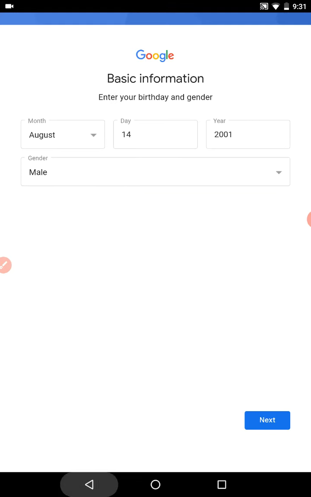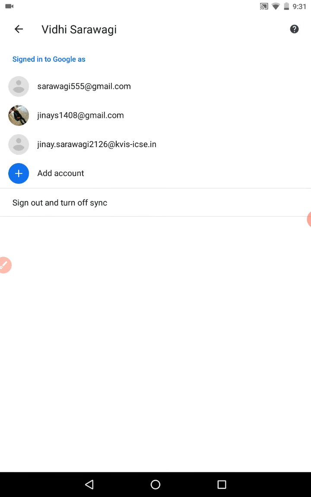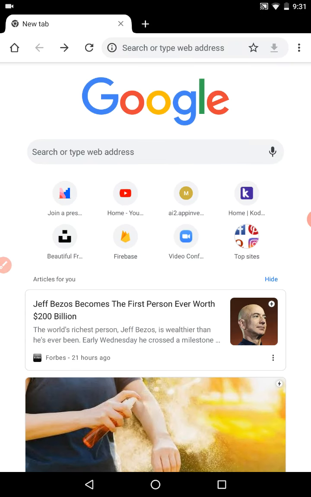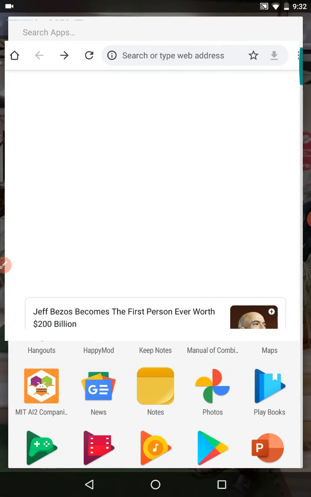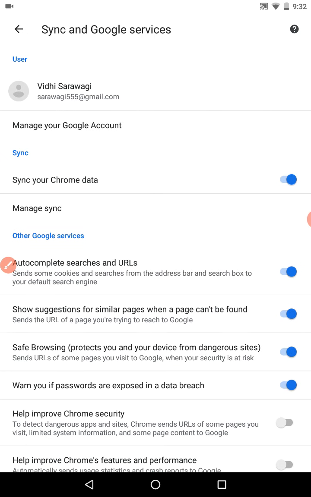Now after creating your Gmail account, just go here and you can see the option of add account. I'll just show you the steps again. As I showed you prior, just go on Google and go here. I'll open this and then you have to open this.